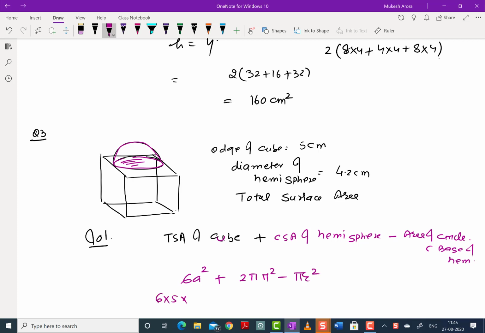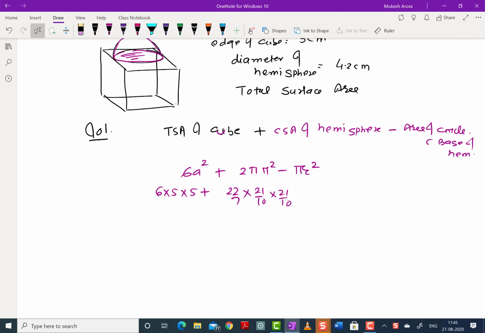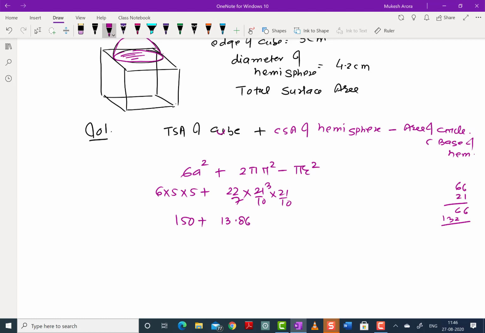6 into 5 into 5 plus 22 by 7, this will be pi r square, 21 by 10 into 21 by 10. So 6, 5, 30, 150 plus 3, 66 into 21, 66, 132 plus 13.86. Answer will be